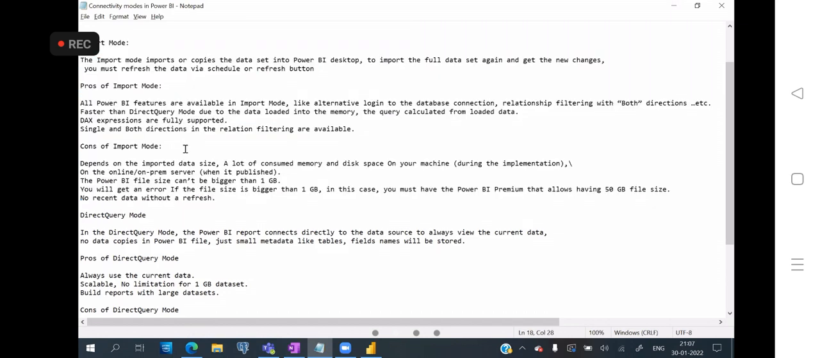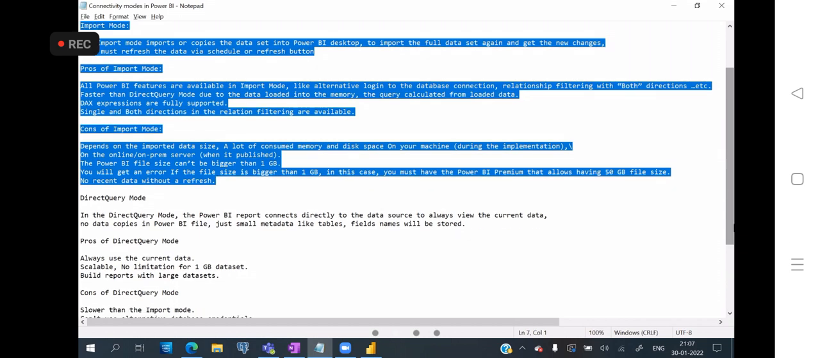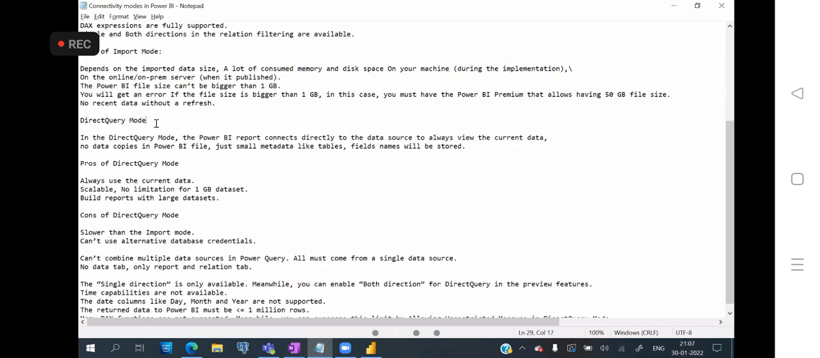So these are the pros and cons in import mode. Okay. Direct query mode. So what is meant by direct query mode? In direct query mode, the Power BI report connects directly to the source. See, for example,